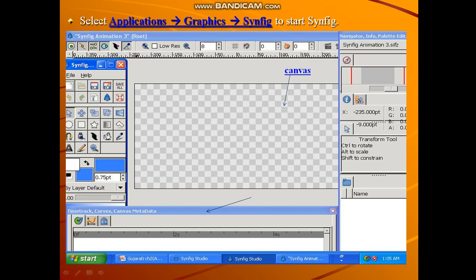You can see a group of toolbar is given at the bottom. This is a panel. Same way, this is also another panel. This part is known as toolbox. So this is toolbox, whereas these two are the panel groups.